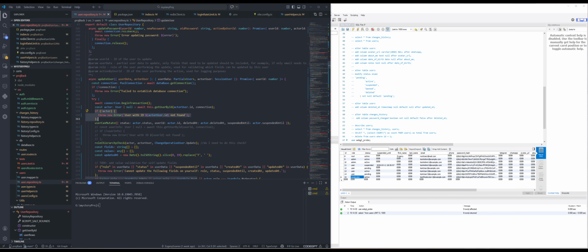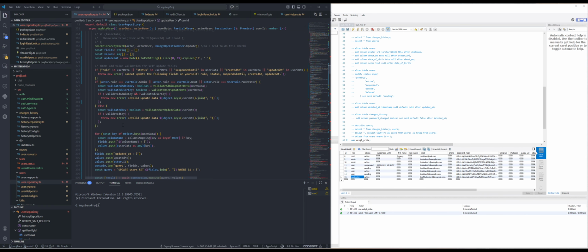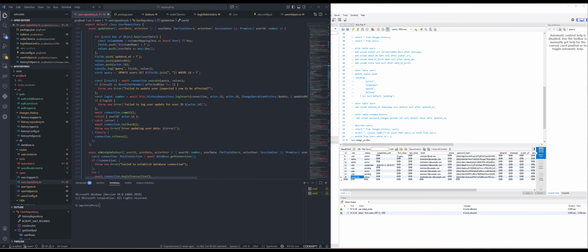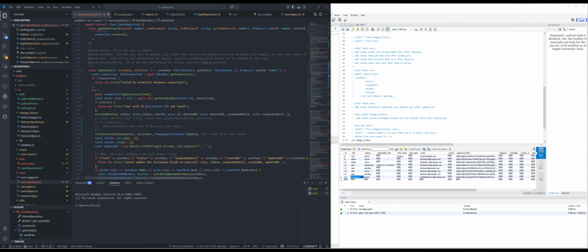Then if no actor is found, we send an error that the user ID was not found. Then we check if this user can change data. If they cannot change, there will be an error in the closure, and essentially we fall into the throw error here. Then we check the role hierarchy check,